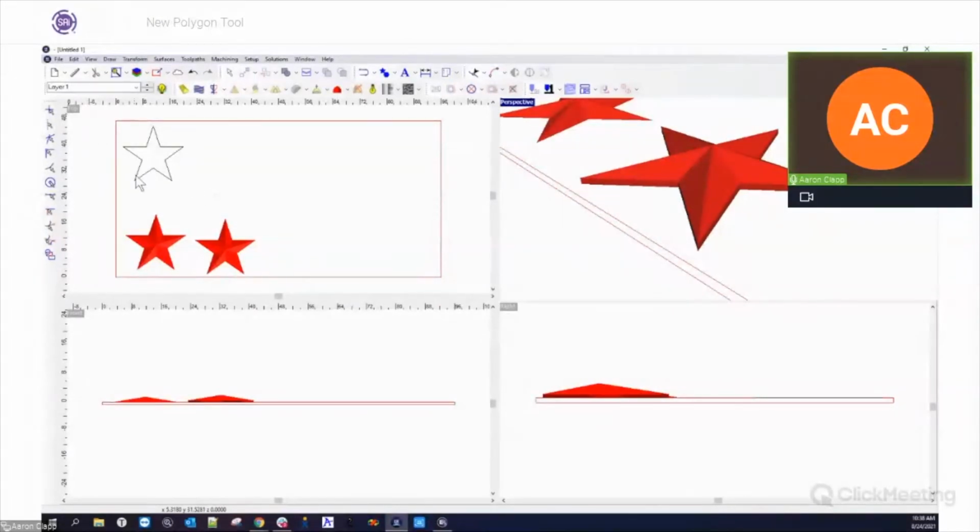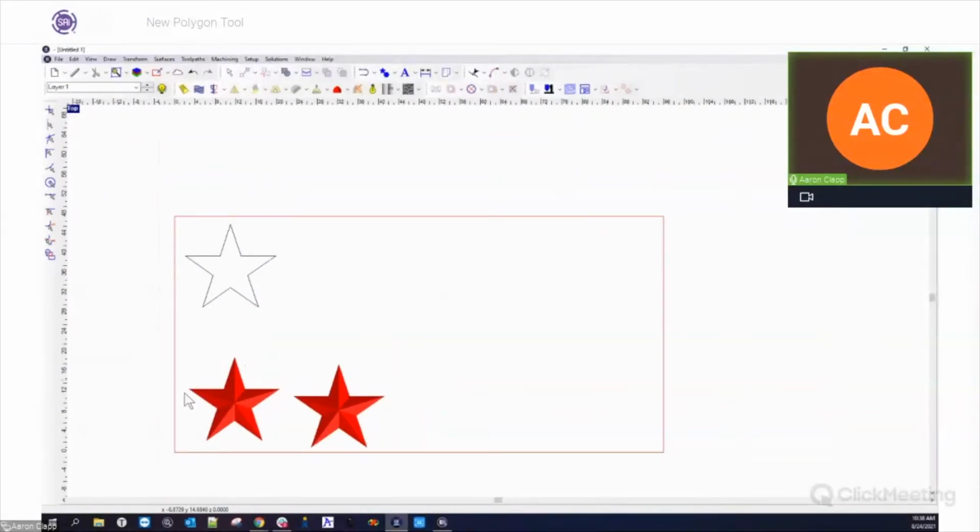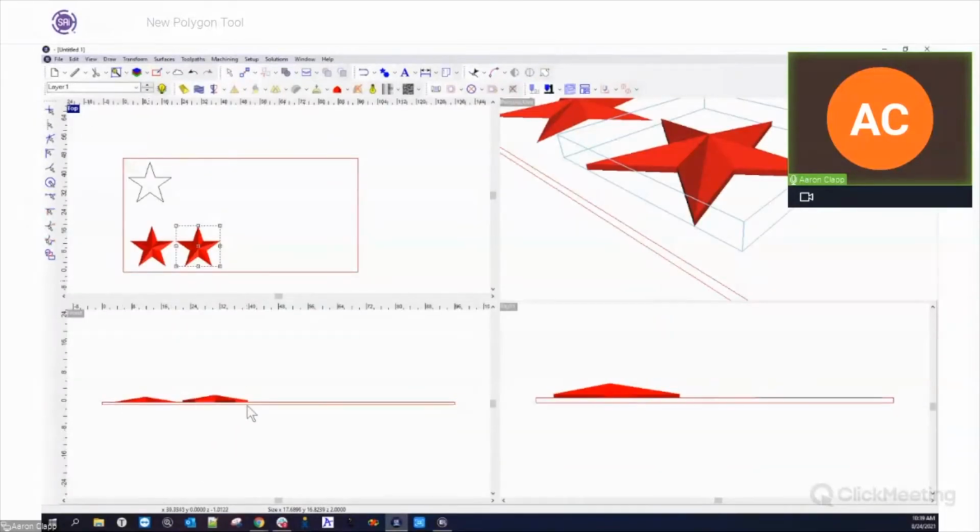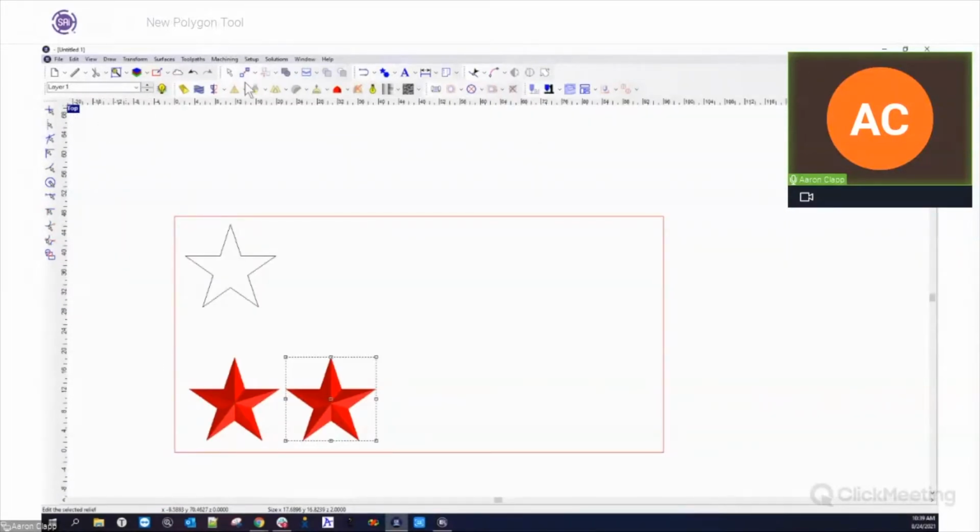Now, the great thing is here is that this is really easy to get into our 3D. So all we need to do with these objects is, because they're placed at the top of the plate, just like this,